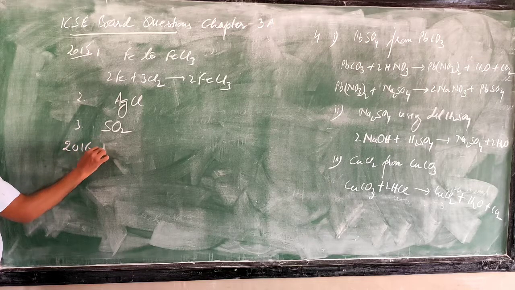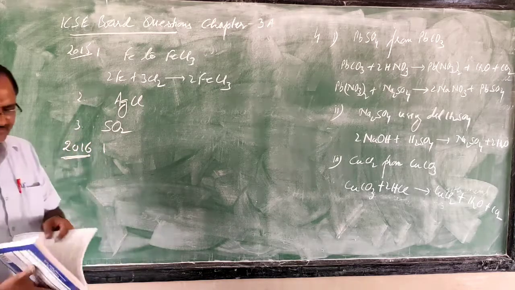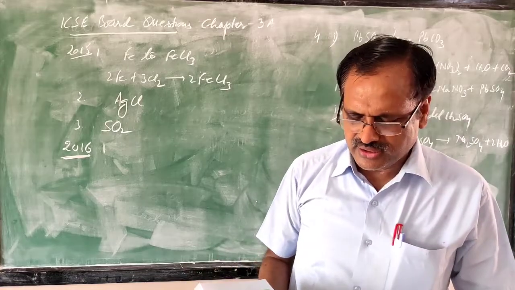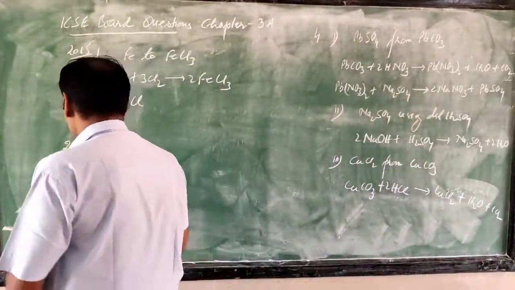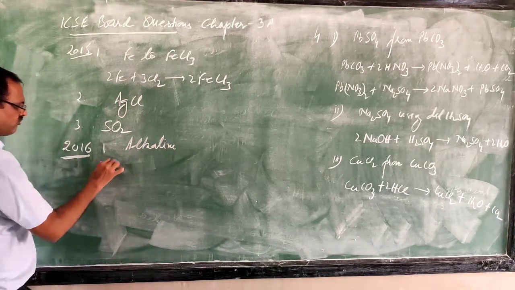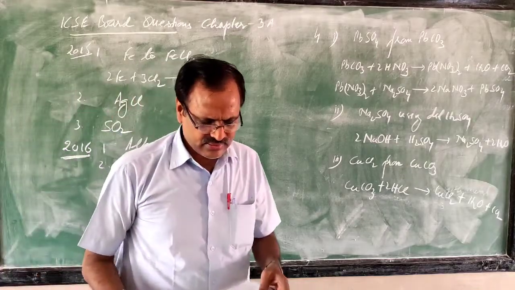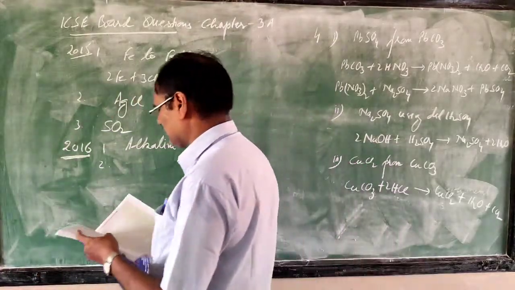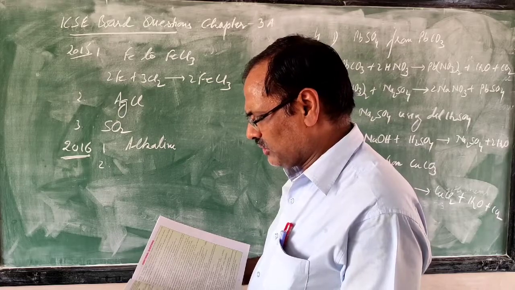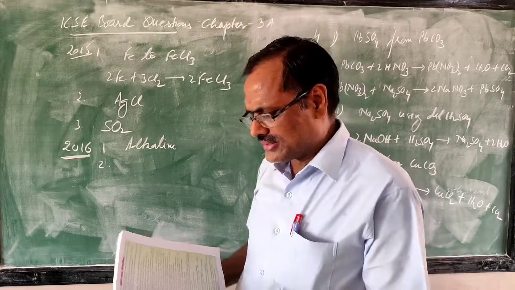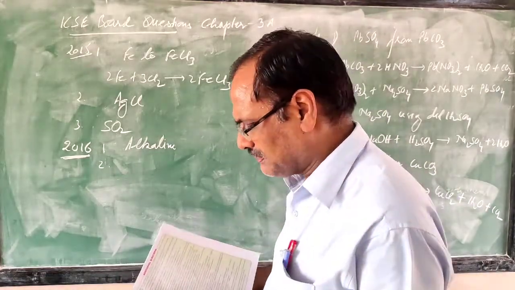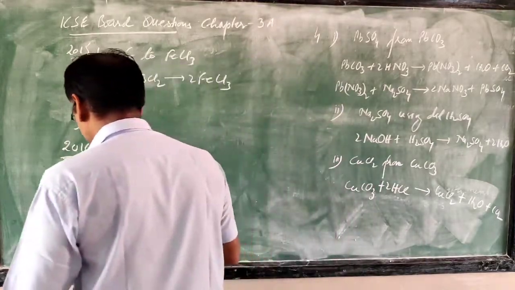Now 2016. Fill in the blanks. The higher the pH value of a solution, the more alkaline it will be. Now the second one, this is 2016. Match the following salts given below with the correct method of preparation from A, B, C, D, E. So match the following. You only have to select the preparation of the salt.